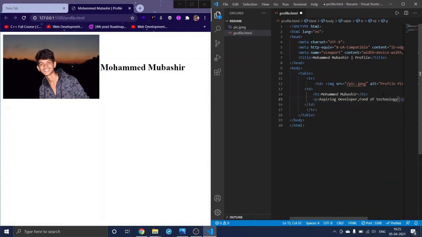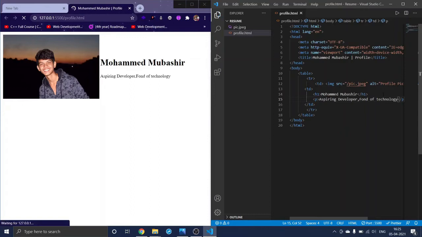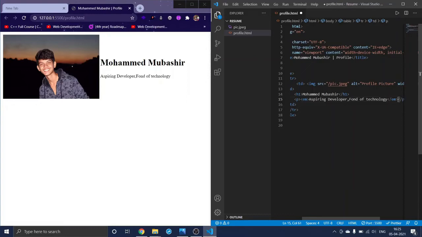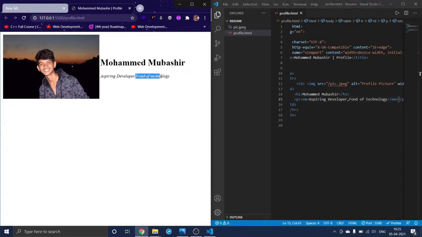Yeah, and when I save this, you can see here aspiring developer and fond of technology. I want to style this with the help of this em tag. We have already learned that em, and I'll cut this closing tag and I'll paste it here. Yeah, this looks good.